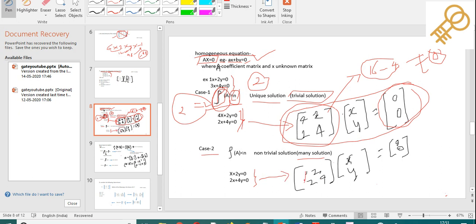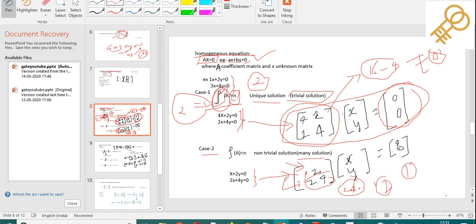So as you can see, there are elements 1 2 and 2 4, so these both are dependent on each other, right? Because R2 is given by twice of R1. As you can see, R2 is given by twice of R1, so both are dependent. If we take the common 2 from the second row, you'll get 1 2 only, right? Both are dependent. So by seeing the matrix only, we can tell that the rank of the matrix will be